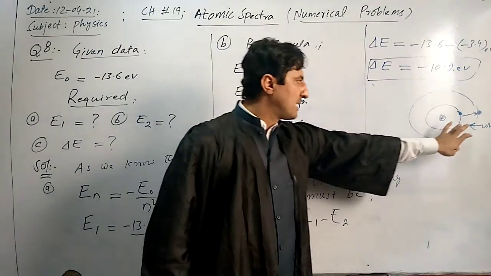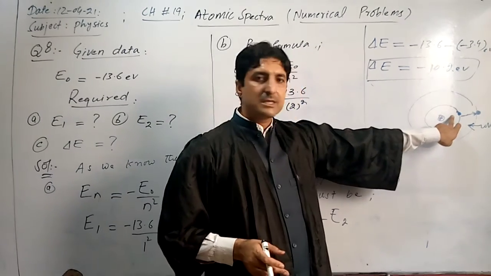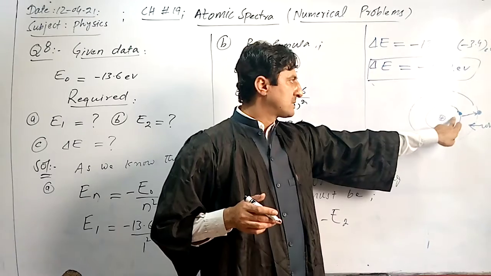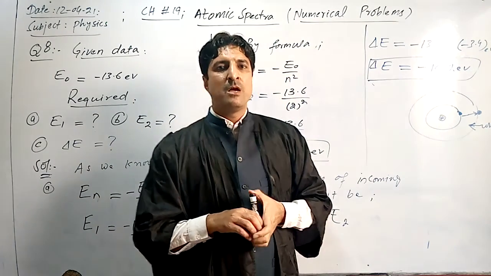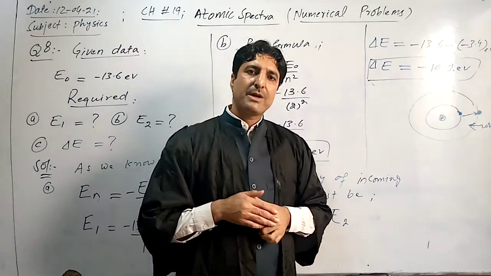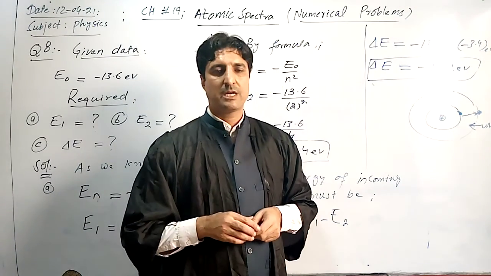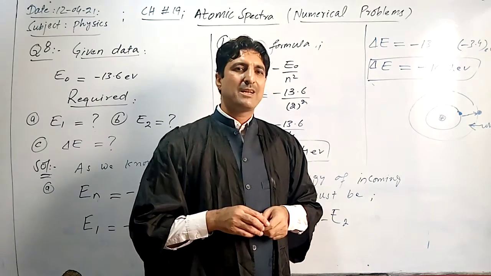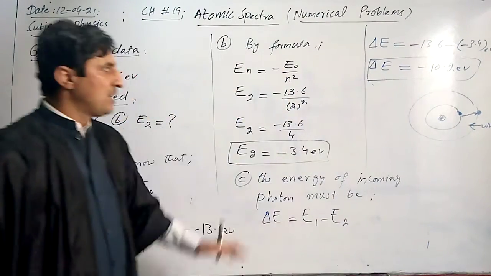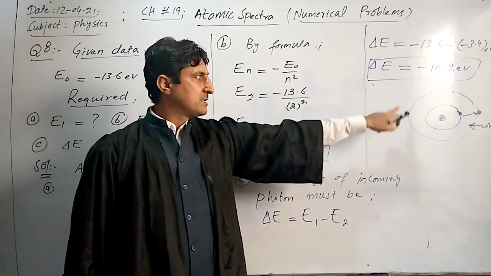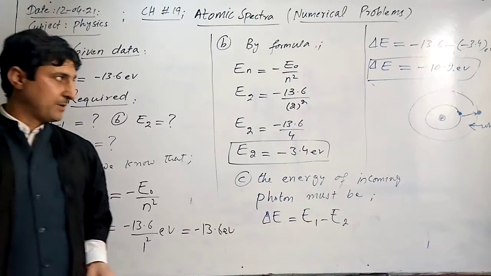When this atom gains this photon, that much energy, the electron will get energized and excite from its own state and jump to the second orbit. At the second orbit it will stay for a very short duration, about 10 power minus 8 seconds, and will re-jump to its original orbit. So that was all about the energy associated when the electron jumps from the first orbit to the second orbit.